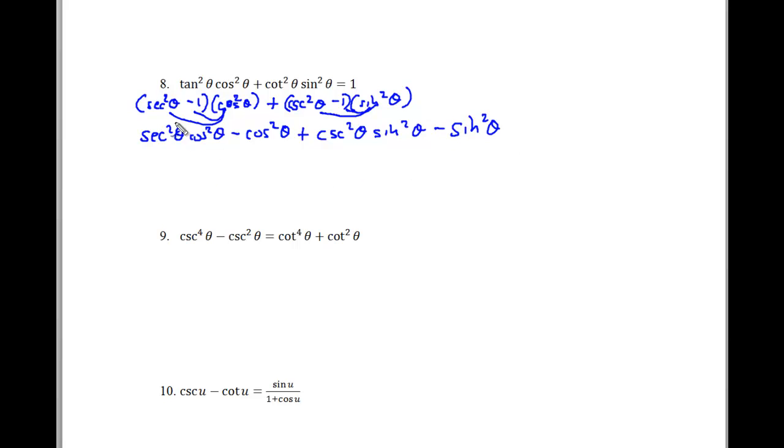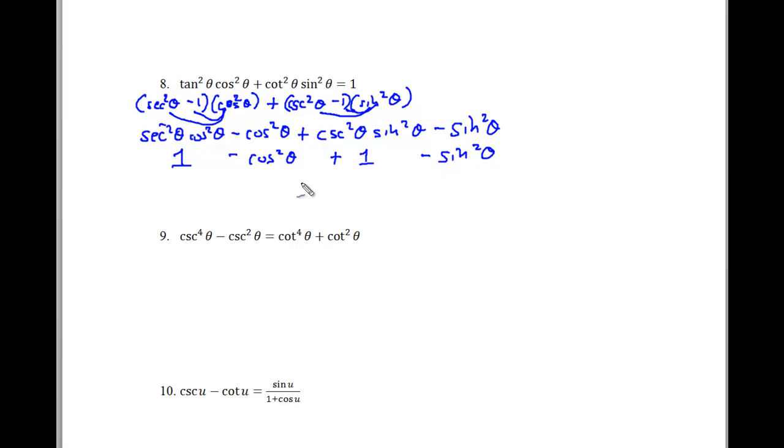So what this means is that these are reciprocal. Secant and cosine are reciprocal functions. So I can rewrite my secant squared theta as 1 over cosine squared theta, but this simplifies down to 1, because I would have cosine squared theta divided by cosine squared theta, which is 1, minus my cosine squared theta. And again, look over here, I got cosecant squared theta and sine squared theta. That's going to give me a 1 as well. And then I have my minus sine